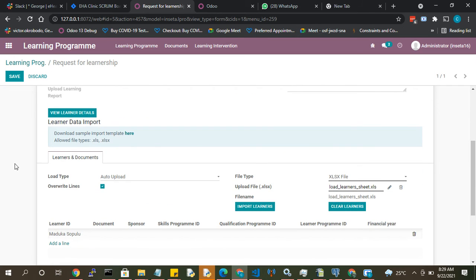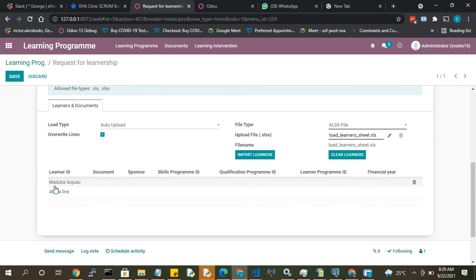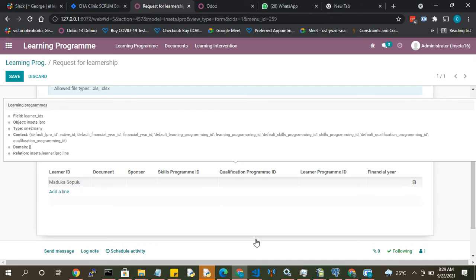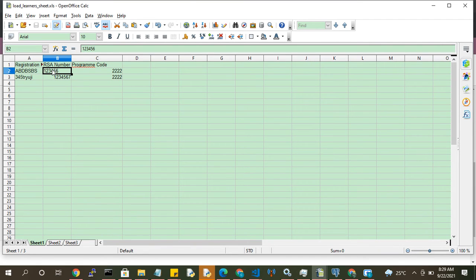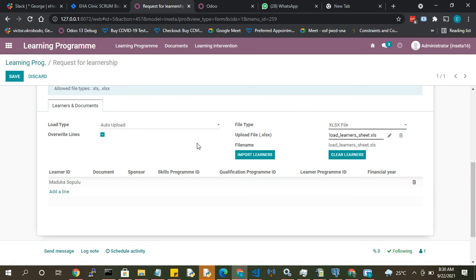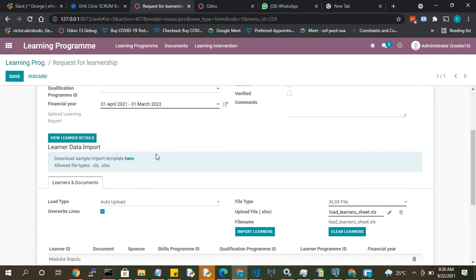So recall when I told you about what the system uses. The sample sheet I showed earlier on has the RSA number or the registration number. This is what the system uses to check and validate whether the learners you're trying to import correspond to what needs to be done. All right, so